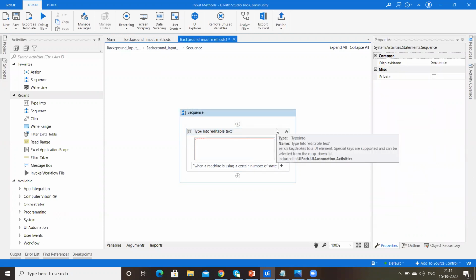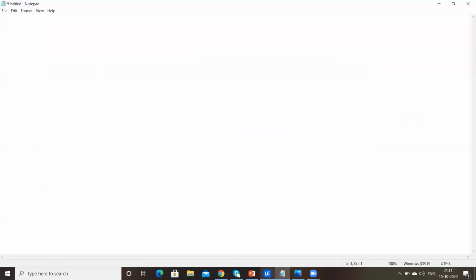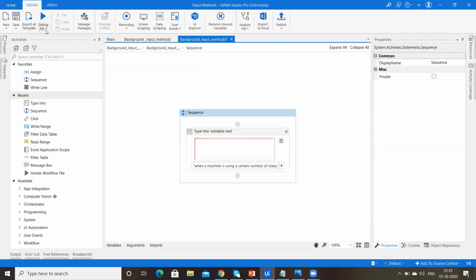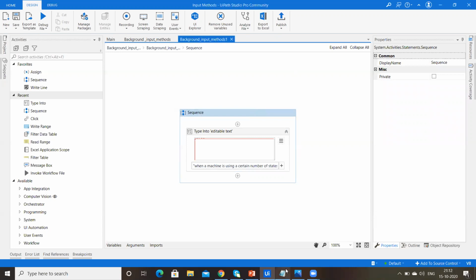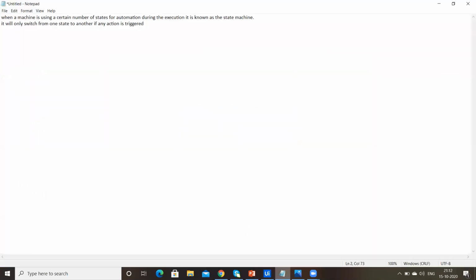Now we'll see how fast it will work. Just save. Let's run. It is not working so fast. It is working like how a human would type.